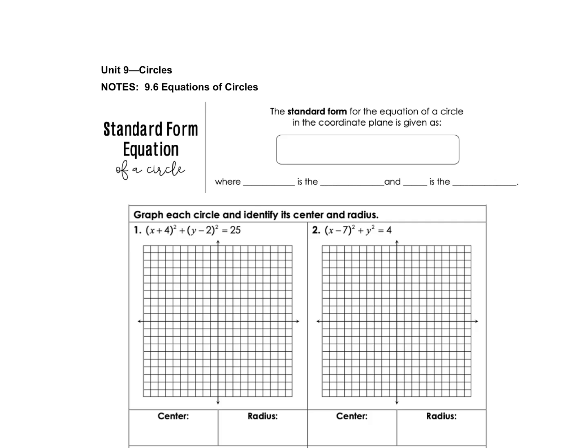So, equations of circles. The standard form for the equation of a circle in the coordinate plane is given as (x minus h) squared plus (y minus k) squared equals r squared, where (h, k) is the center and r is the radius. So when you are looking at the equation of a circle, you can look at it and immediately tell what